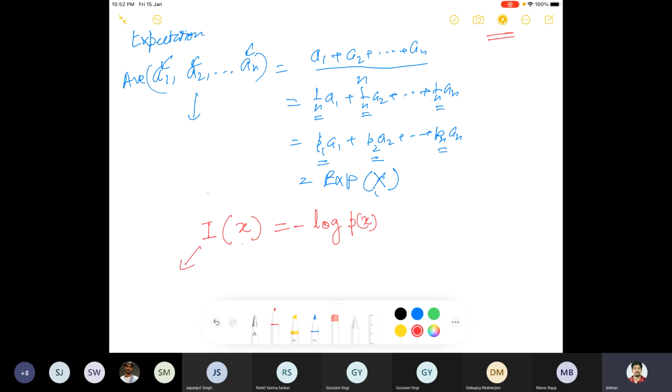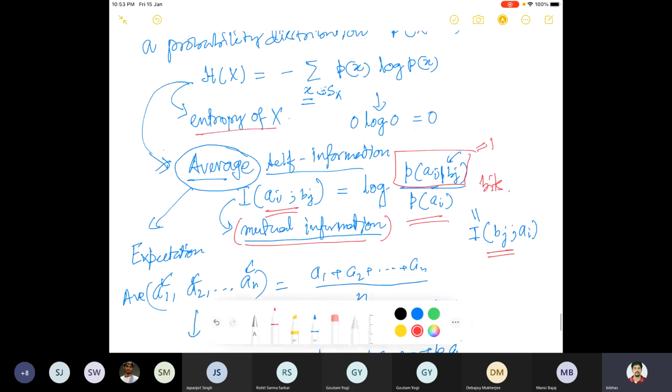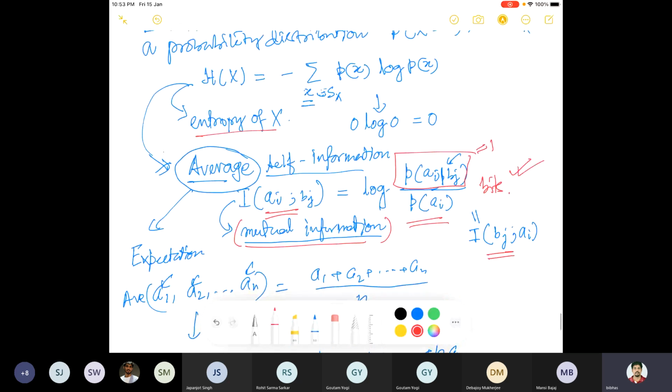Now we are calling it self-information because it comes from the definition of mutual information. Now what is mutual information? Mutual information means if we have two quantities, for example, one is input and another is output. If the output is given to you, then how much do you know about the input, how much information? This is how it is quantified. This is a mathematical definition. Suppose this is the value which quantifies the amount of information which Bj provides about Ai or Ai provides about Bj.